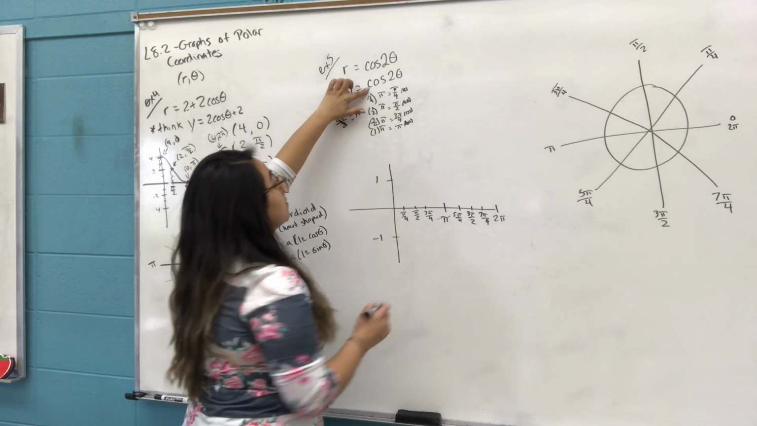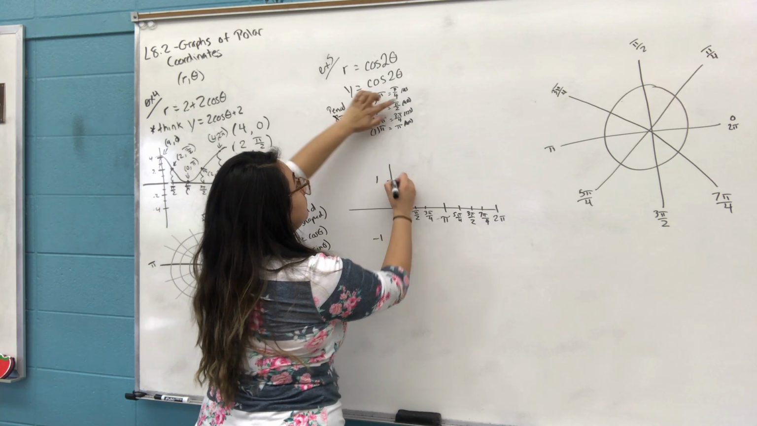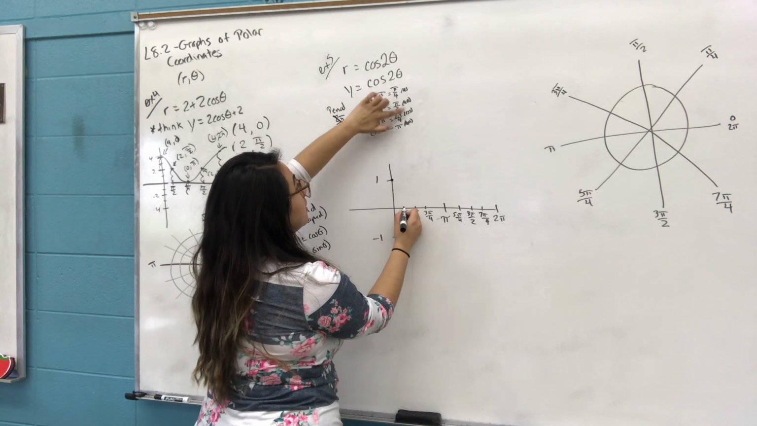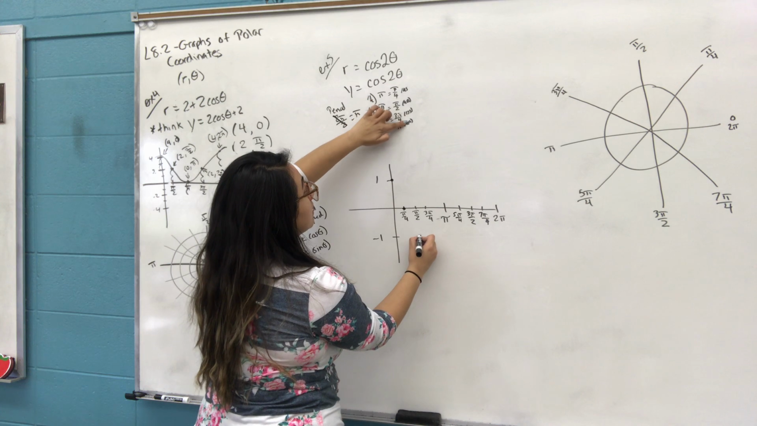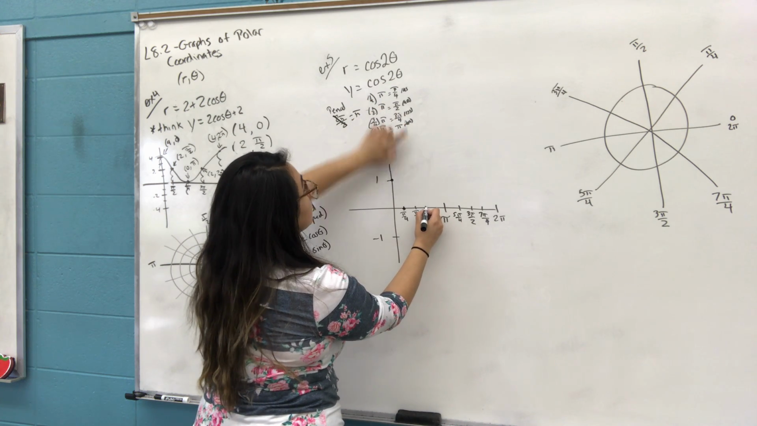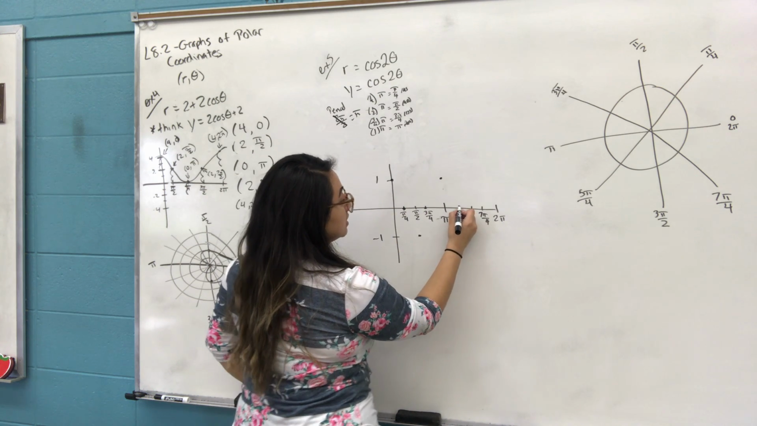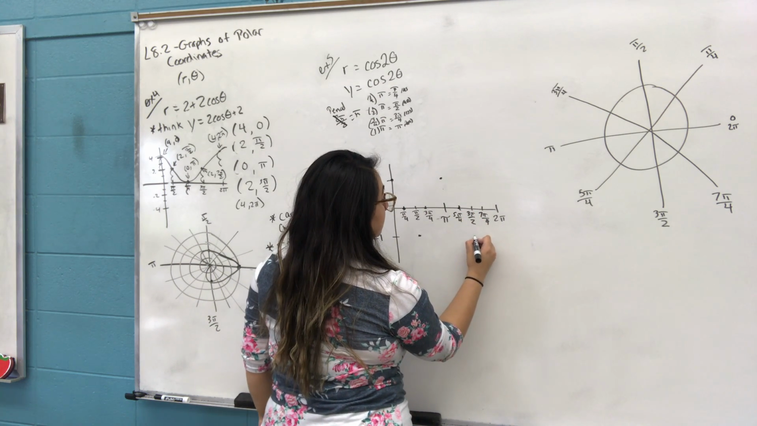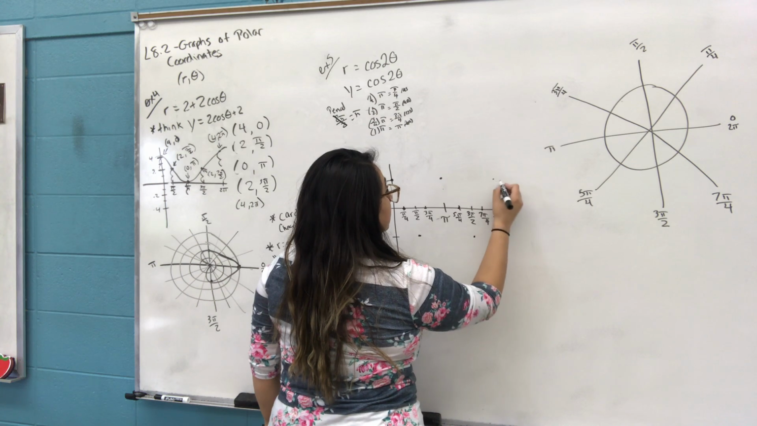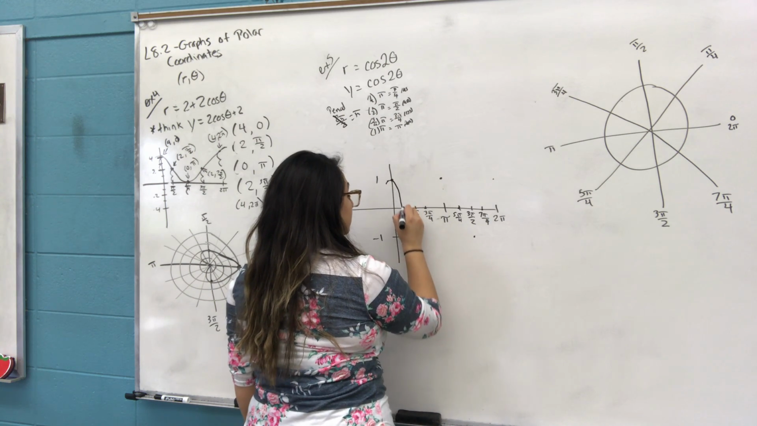So here, from cosine, we're going to go up. From 45, we're going to go 0. 90, we're going to go down. 135, we're going to go back to 0. π, you're going to go up. And then you continue the pattern. Up, 0, down, 0, up. So when we create the wave, we get